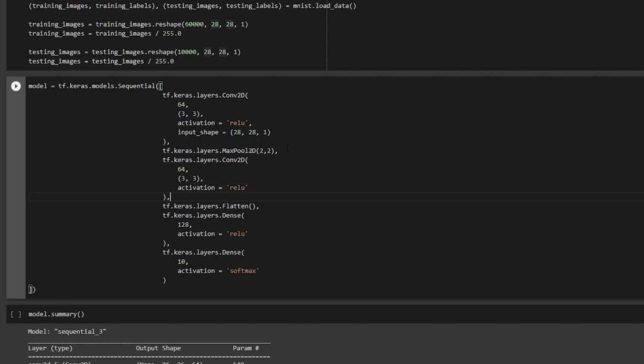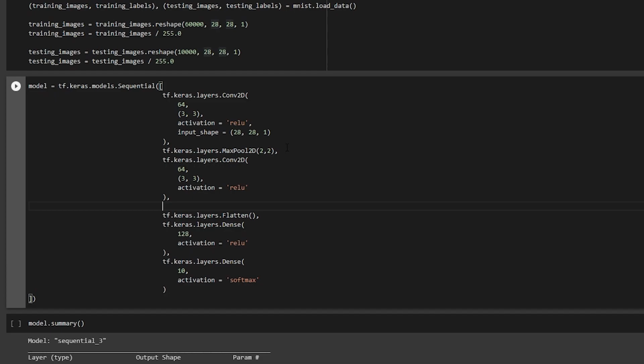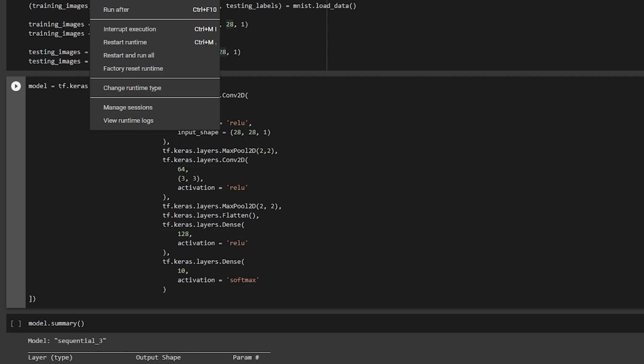But this is not enough. This is not where you stop. You will also have to apply one more max pool layer. So here I'll say tf.keras.layers.MaxPool2D, where I'll specify 2 by 2 again, so it is going to take the stride. Now let us check how the parameters actually change. All right, I'll run all the cells.